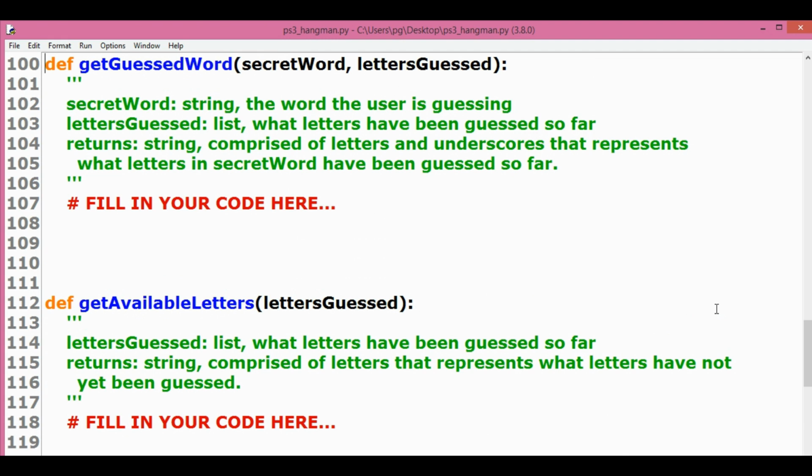We have been provided some skeleton code on which to build our program. We would not need these other functions and the code when we submit our final solution to the edX grader, as we will need to just submit the function that we write for this problem. But as of now, we would start with this file which has been provided to us. Just be aware that we will be submitting only the function getGuessedWord as our final code to be submitted. The function getGuessedWord takes in two parameters, a string, secretWord, and a list of letters, lettersGuessed. So we already have these two values available to us.